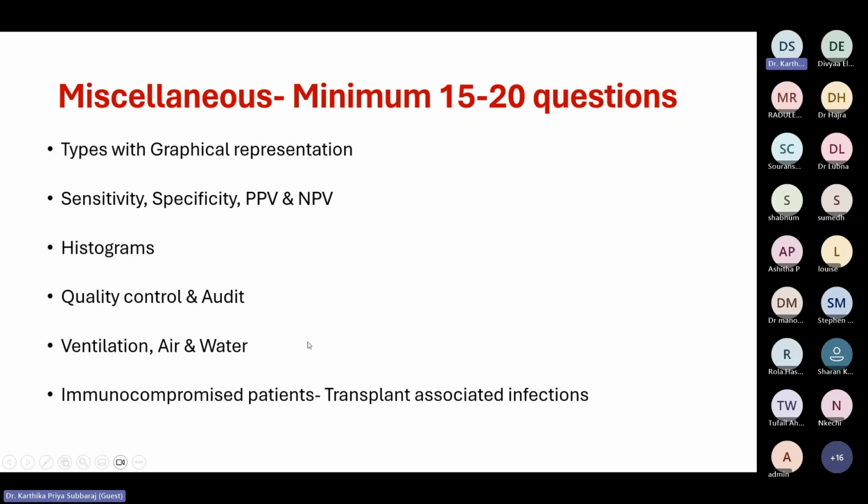And the last one is immunocompromised patients. Definitely, you will get 3 to 5 questions on that. For the first exam, I got around 7 or 8 questions on that. And for the second exam, I got around 5 questions on immunocompromised or transplant patient kind of questions. Mostly, they concentrate on CMV in a renal transplant or adenovirus in a stem cell transplant child, or they will ask the treatment of choice for adenovirus.